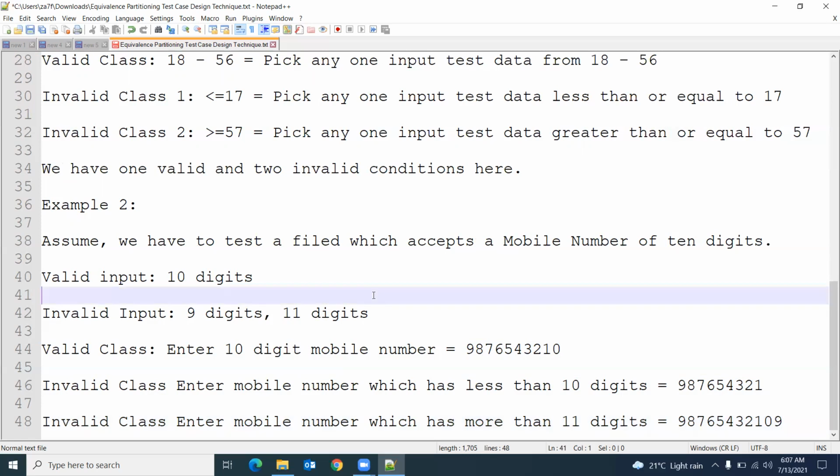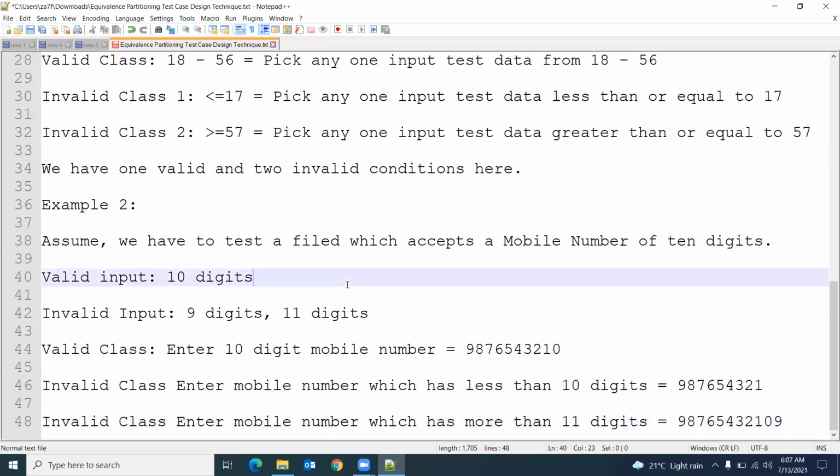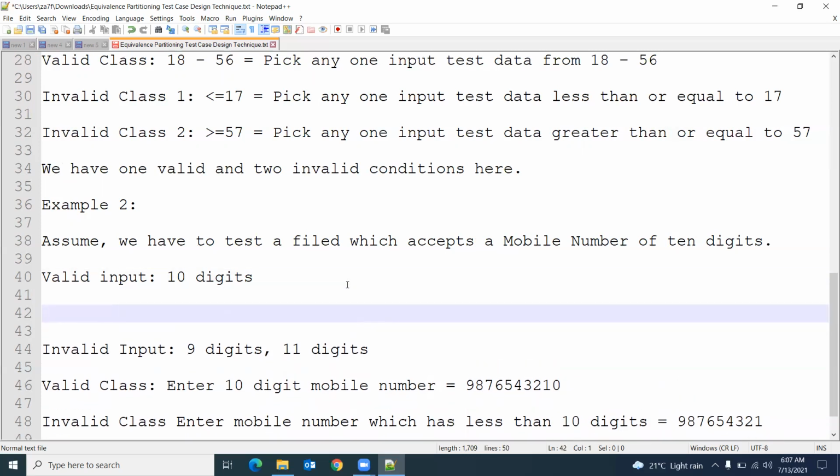Now here also, how we are going to divide into groups, you can get a question like that. 10 is positive. I am dividing less than or equal to 9 as one group, and greater than or equal to 11 as another group.